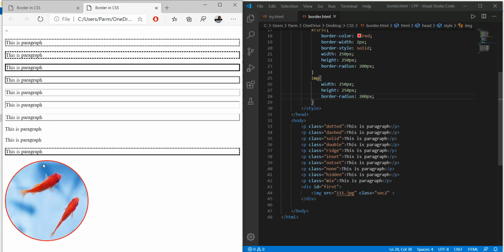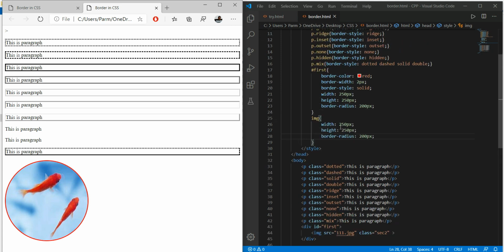Look at this. Okay, what we have done, we have made the size of the image equal to this div size, we have made the height this side, and we have set the border. So this way we can insert an image in a circle, that is using the border property. We can write the border radius equal to 200 pixels, or we can also make it using a percentage. If we write 50%,